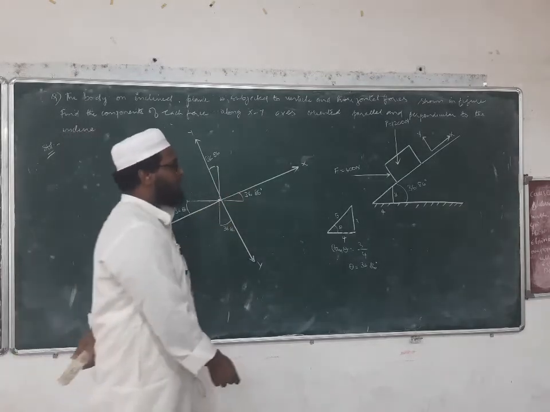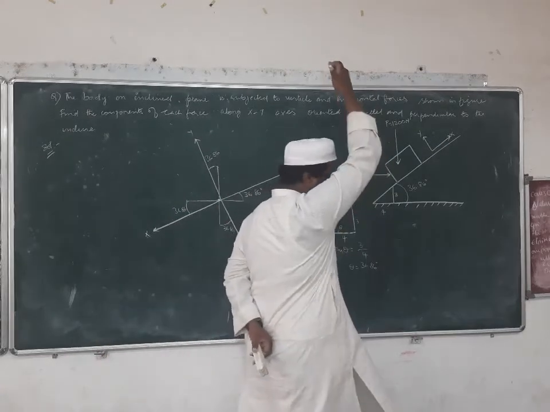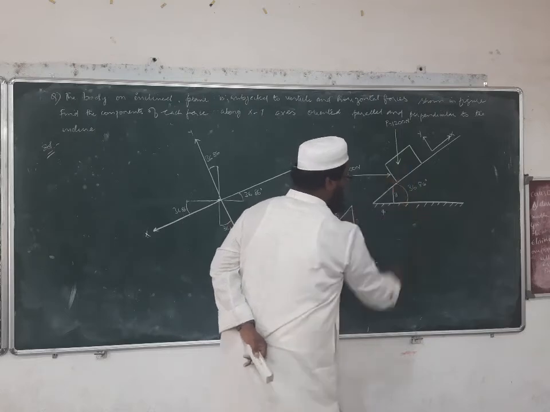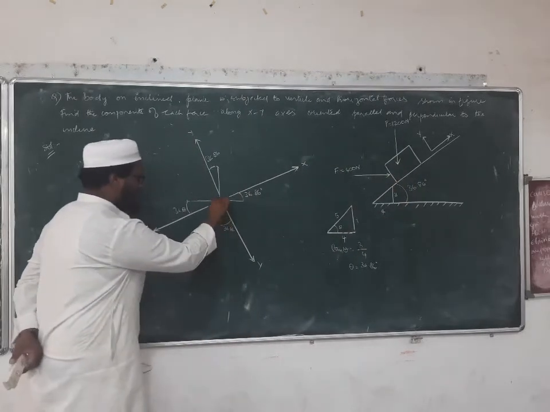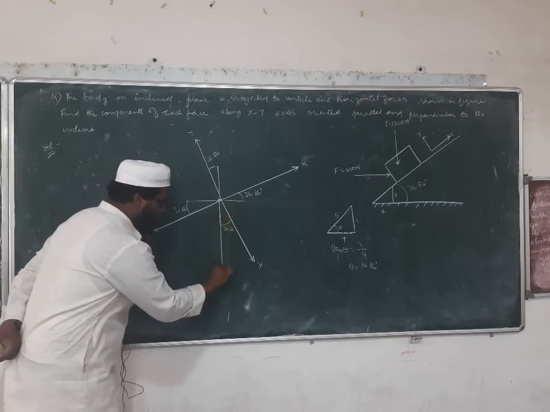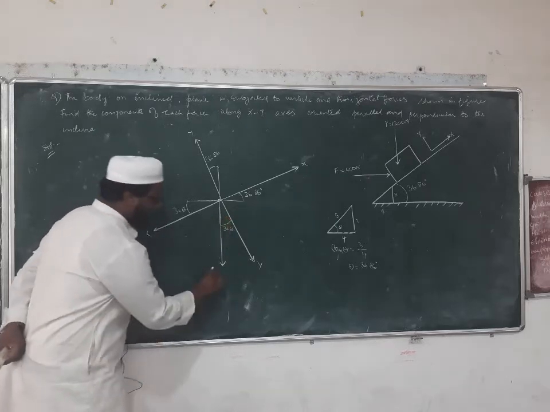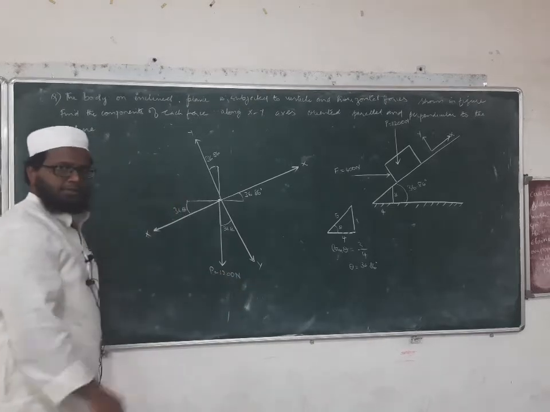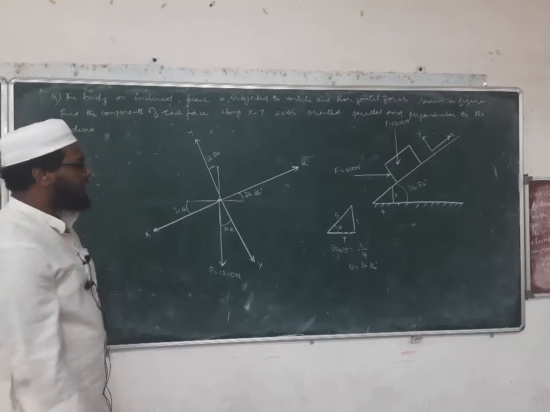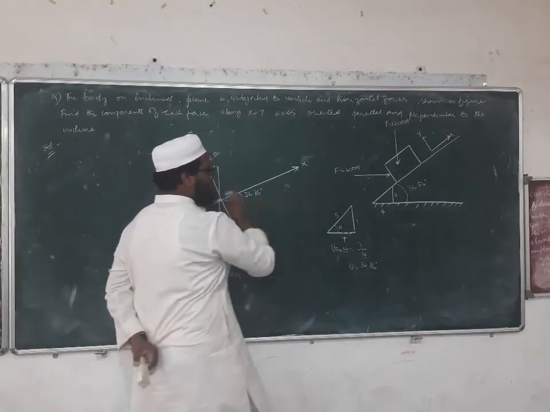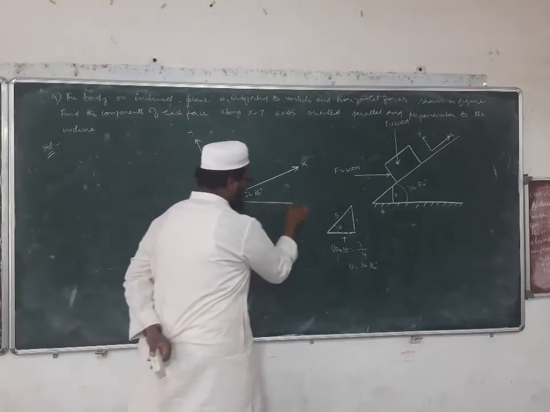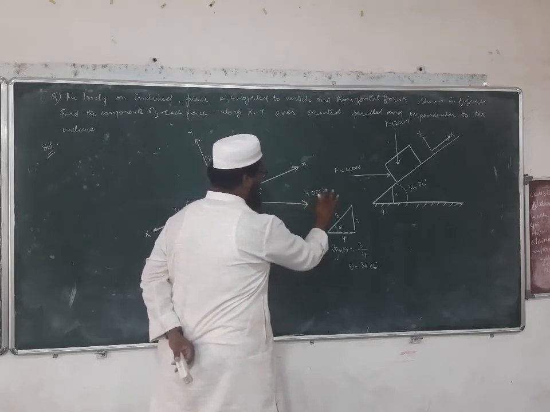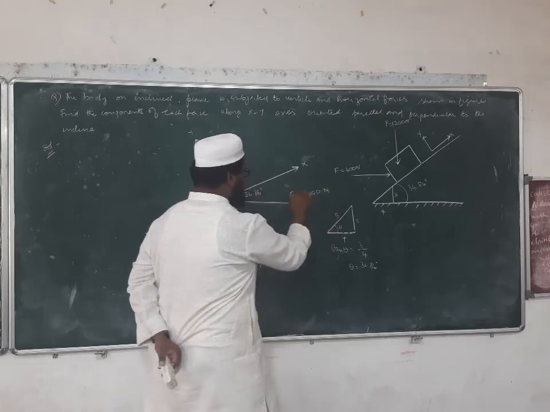forces. What are the two forces we have? One force is going exactly in downward direction. Okay, exactly perpendicular to this line. Okay, so my force is going exactly in downward direction. And what is the force? P is equal to 1200 newtons. Okay, now what is another force? Another force is going in right direction. So I will start from here, and this is 400 Newton, and the name of this force is F.